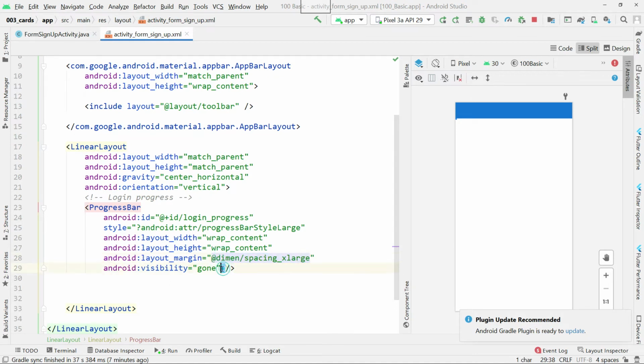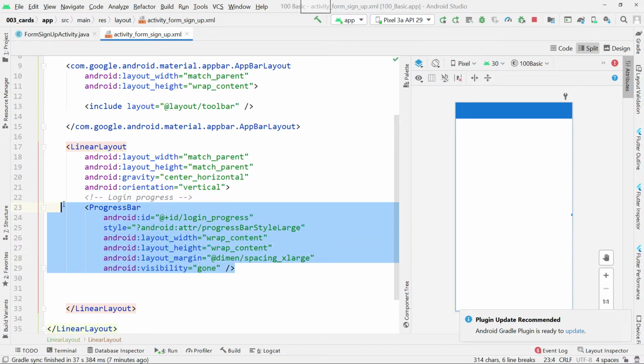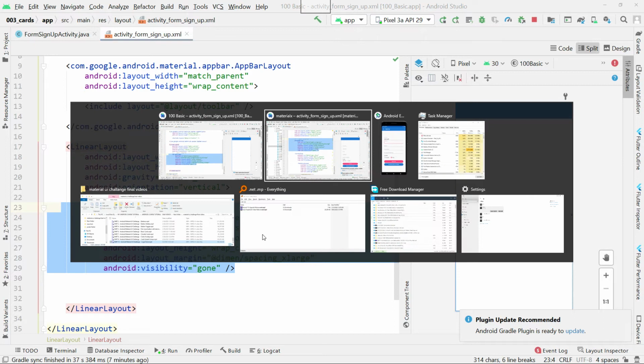And then by default, we hide this layout, visibility gone. So if I unhide it, you see it will be there. By default I hide it because I want to display it when I'm doing the process of registering or logging in the user. So I'll display this progress bar. So we proceed